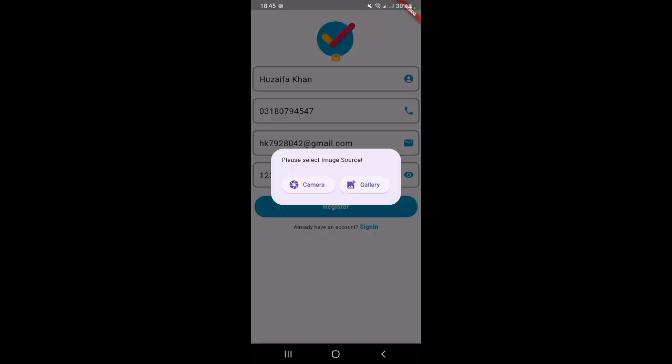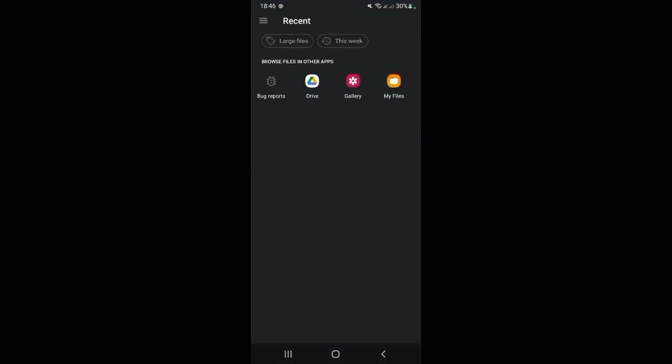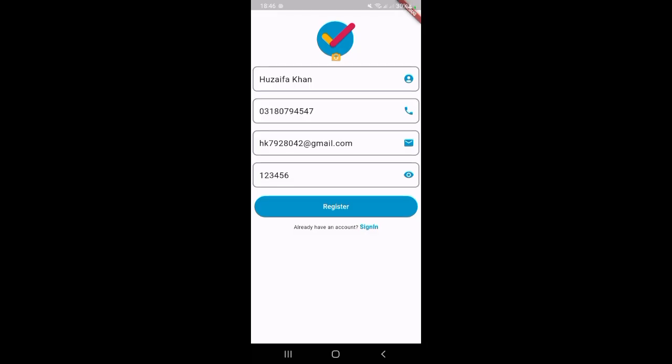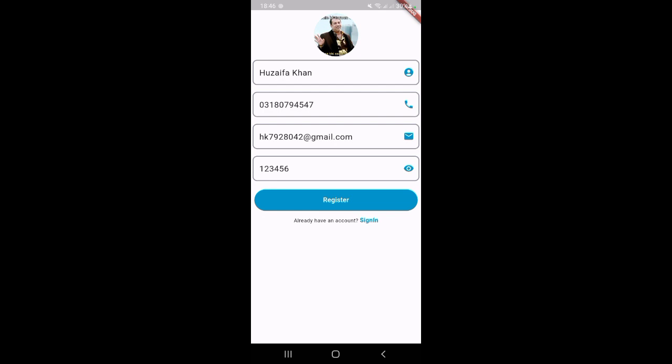Now you can upload a profile picture either from the camera or from the gallery. So let's say we upload the image from the gallery. Here, let's select this one, and you can see that the image is right there. Now if you click on the register button, you can see that there is a loading,